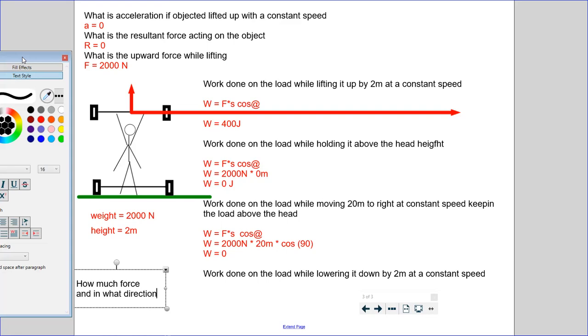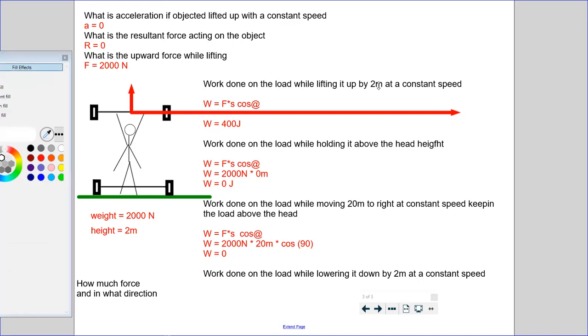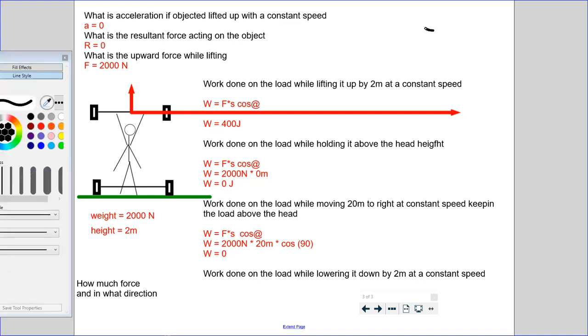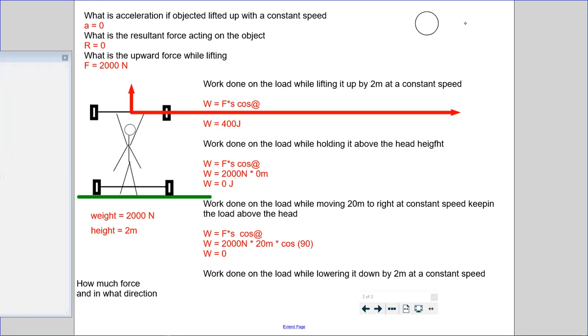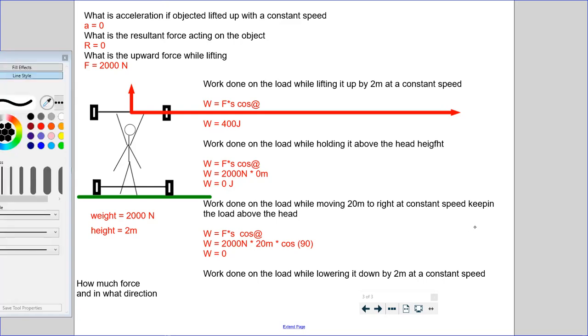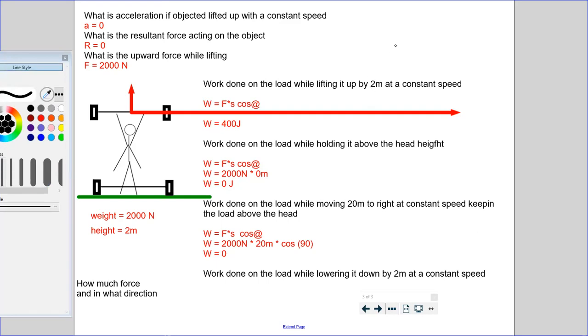Or will you place your hand under it? Where will you put your hand? If you want to lower it down so that it does not fall or break, will you place your hand on the top, on the bottom, or will you not place your hand anywhere? If you want to lower down a glass, where will you place your hand? Below the glass, above the glass, or will you not touch the glass? What will you do if you want to lower down a glass of water,